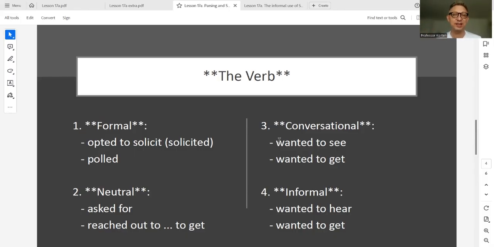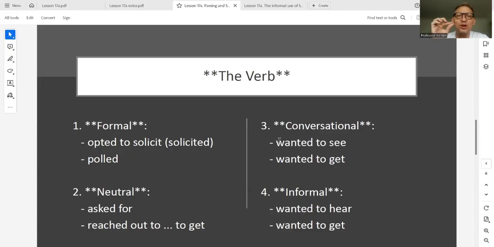Obviously, we're not teaching that, but I will be teaching these courses. And as an examiner, as someone who judges many types of things, events, performances, papers, solicited and polled are much more impressive than asked for, because